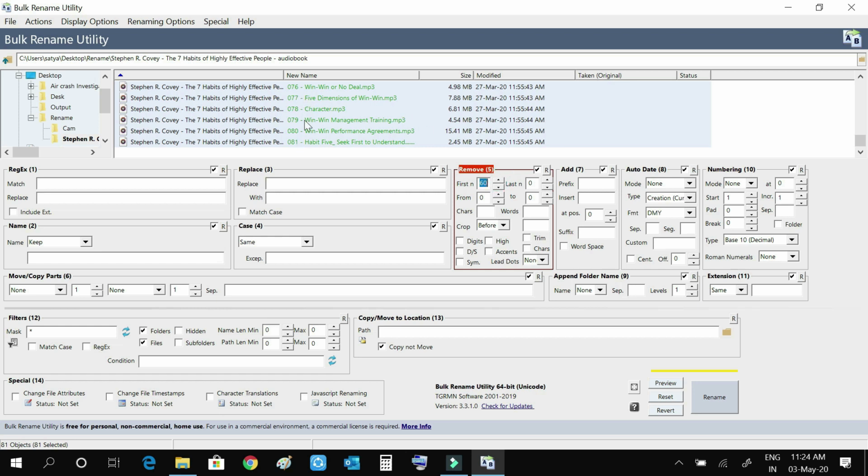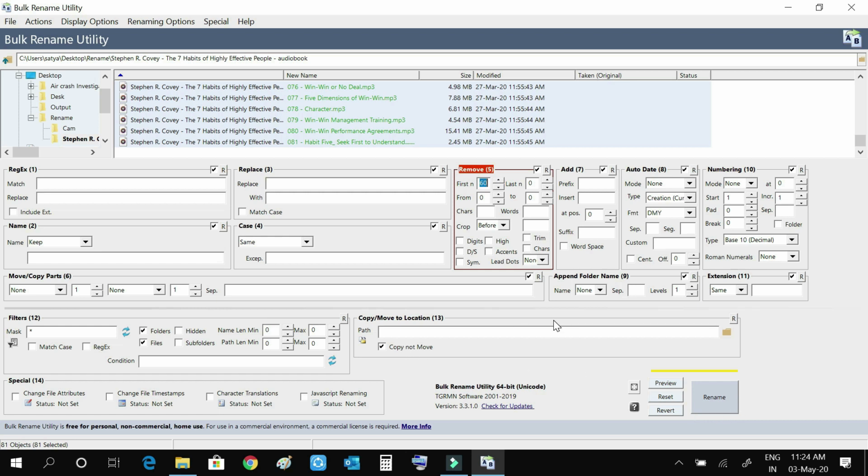Yep, see, it is like this. From behind, I don't want anything to change, but if you want to, you can do it. Now I just click rename.